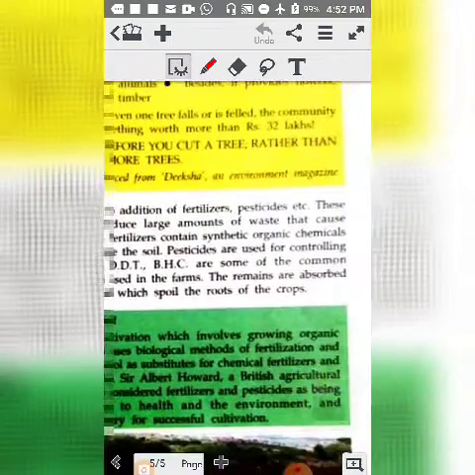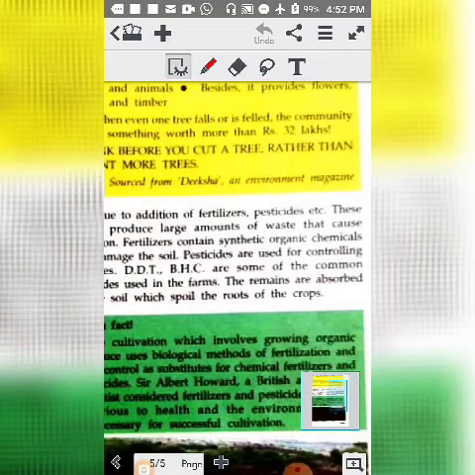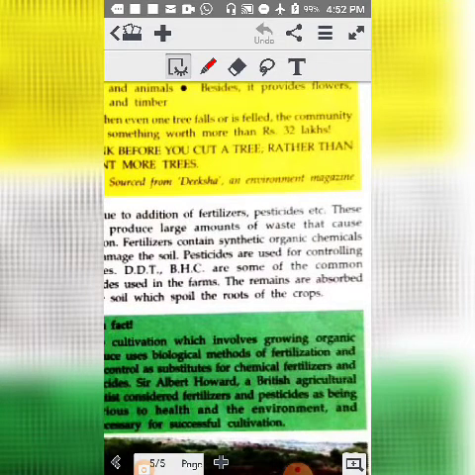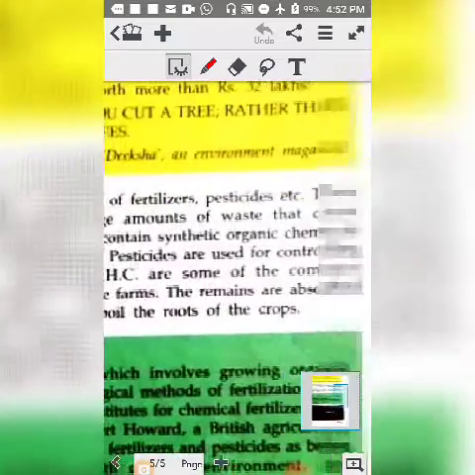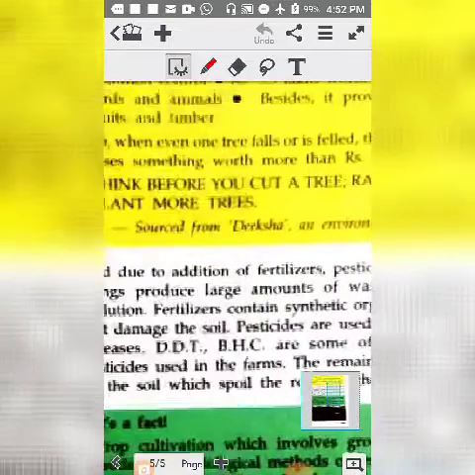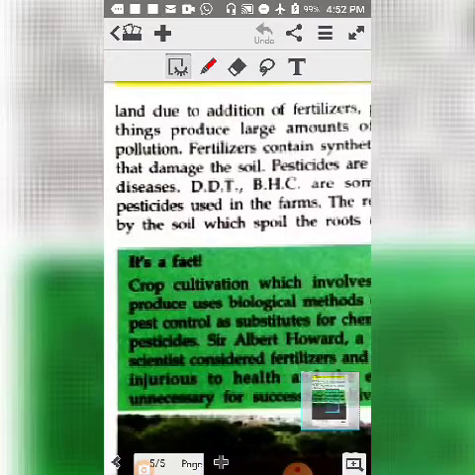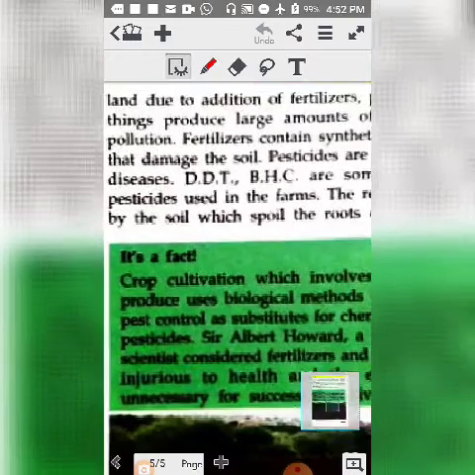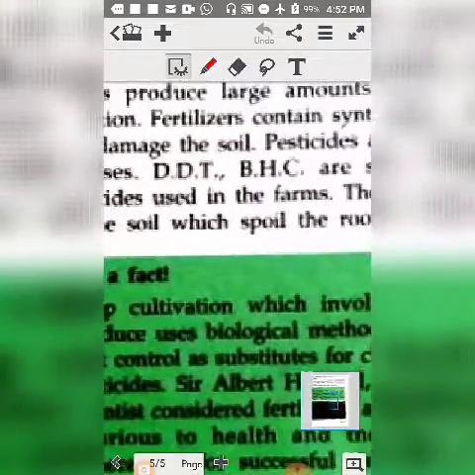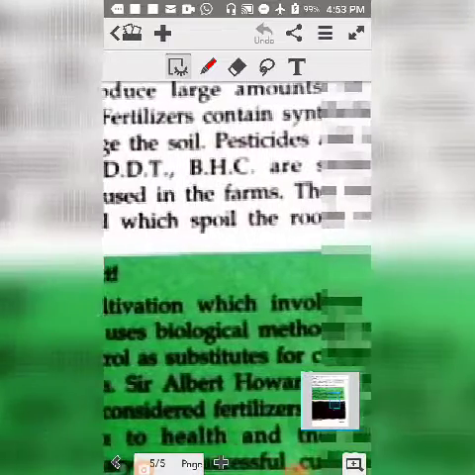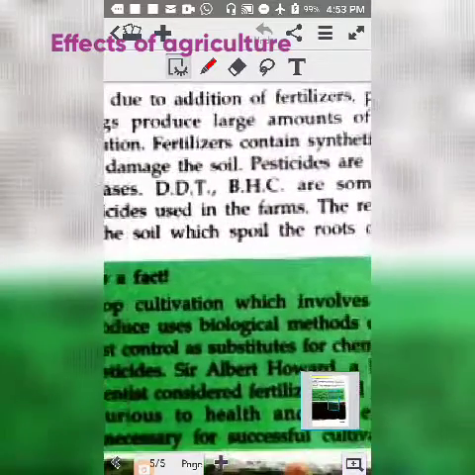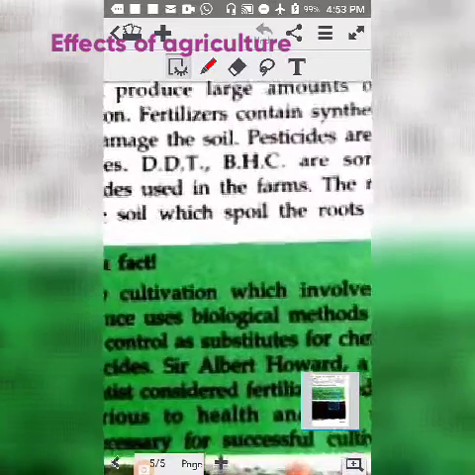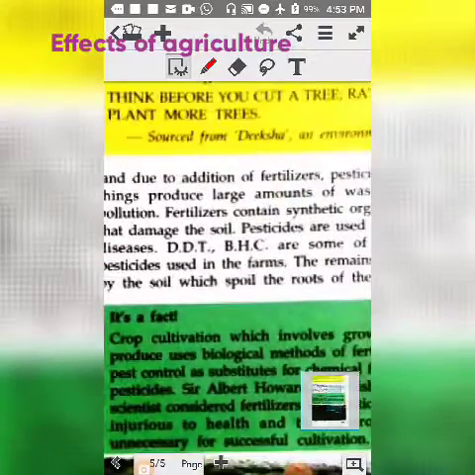Pesticides are sprayed on the plant, but they fall on the soil and damage the small insects which are growing. A large amount of waste causes pollution. The different pesticides used by farmers are DDT and BHC. They are some of the common pesticides used in the farms. These pesticides kill the insects, but they